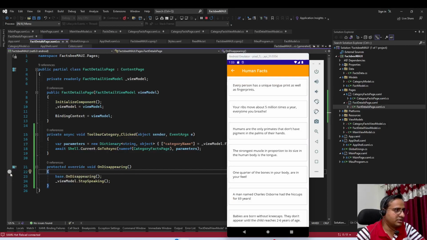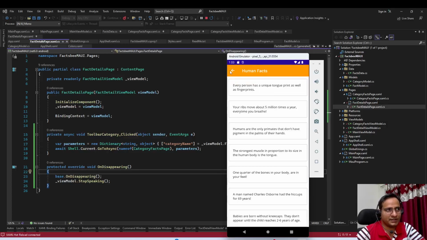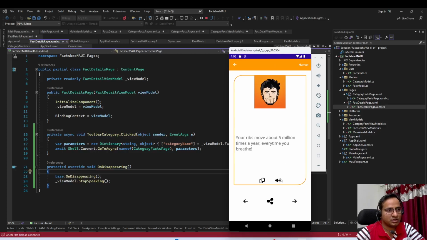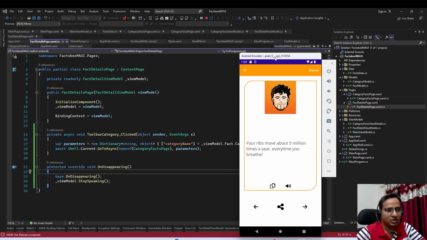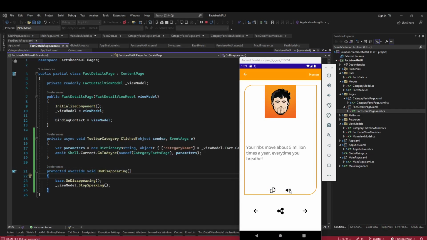Okay, for now let's remove this one, and it started speaking, and it stopped speaking again. So it's broken now, it is not working. And why is it not working? It is not working because,